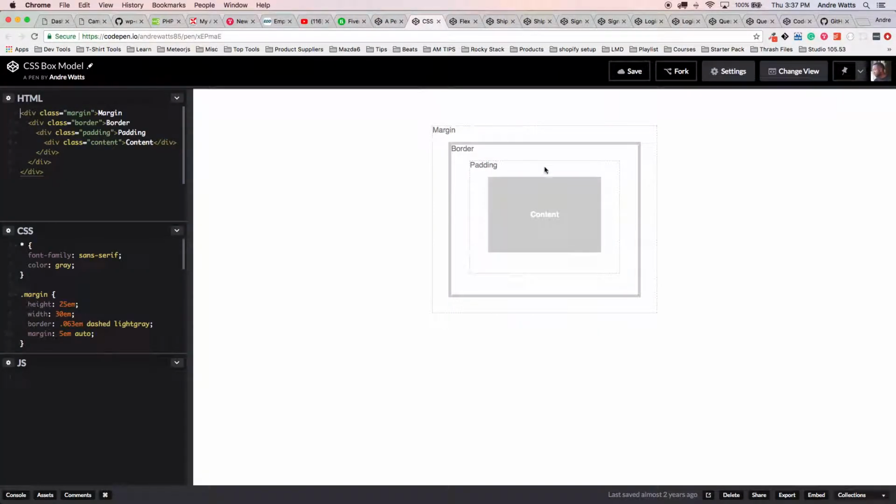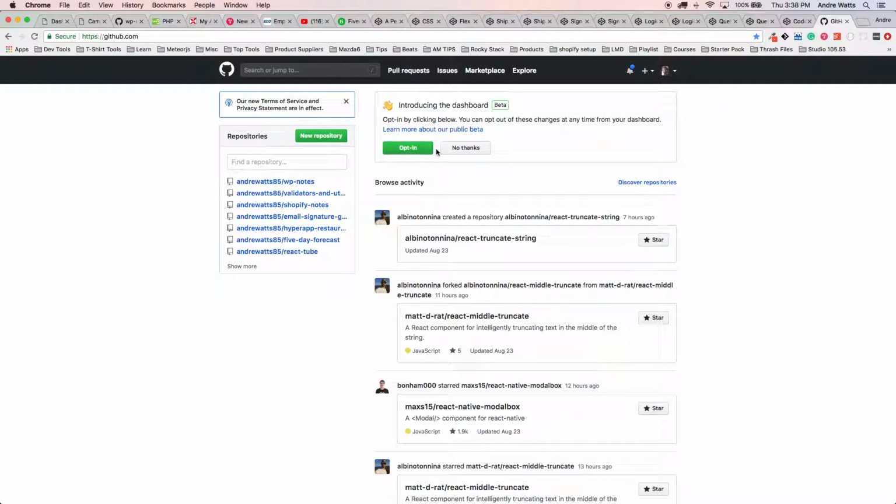First off, of course, you want to learn the CSS box model. This is the basics. This and a grid is pretty much all you need to know to do CSS with confidence. If you can break down a PSD, which stands for Photoshop document, or just break down a basic website,